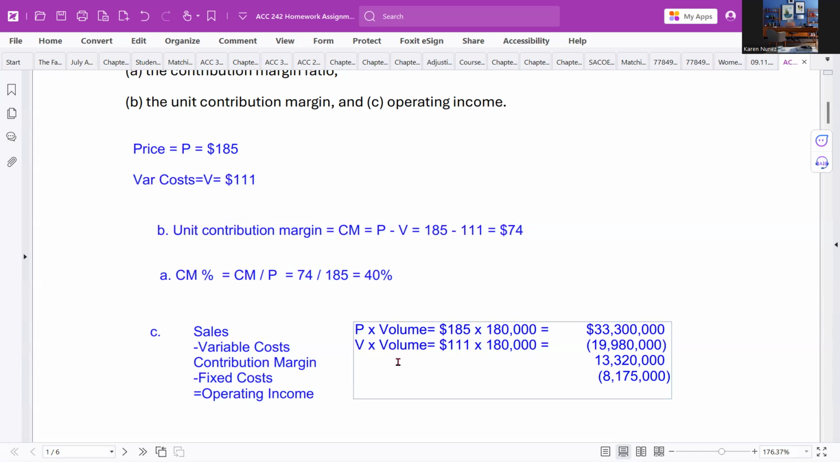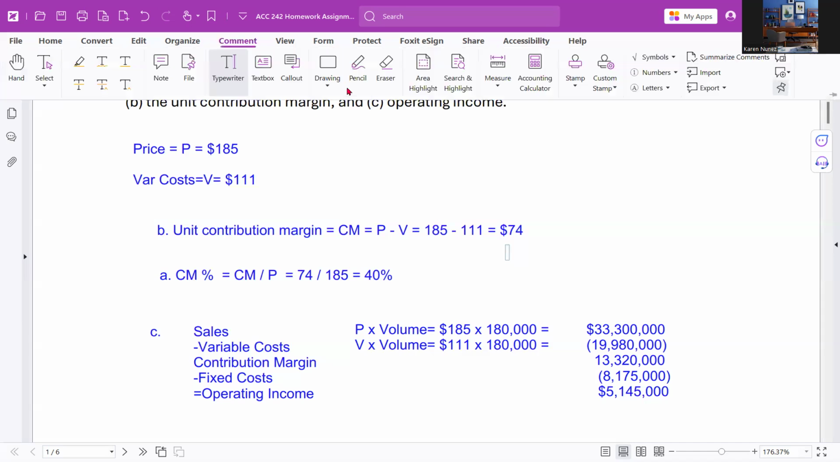The net result is our operating income, and the operating income is $5,145,000. Okay. So if we need operating income, we can set up a little income statement like this and calculate those